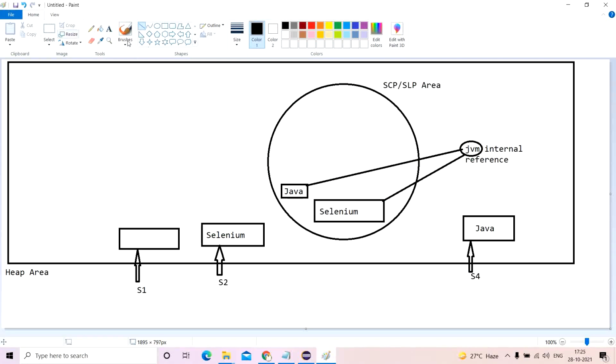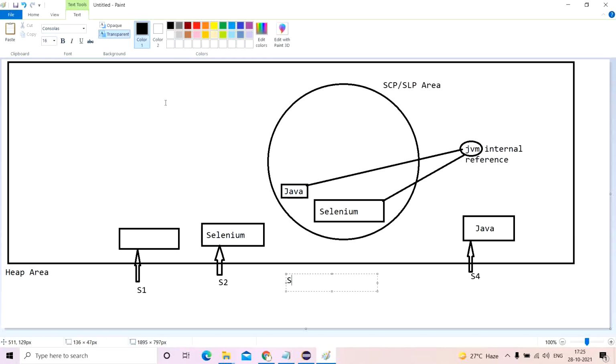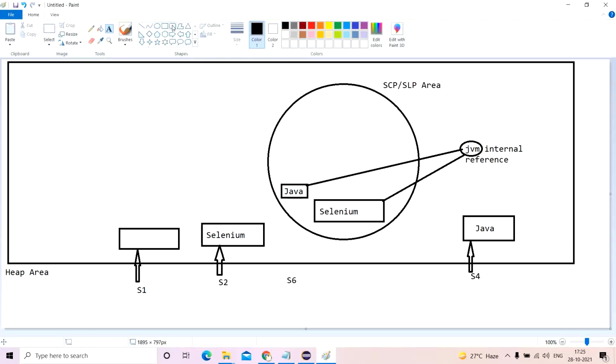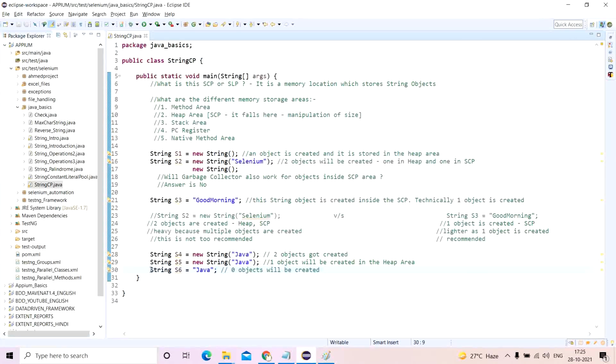So JVM will just refer to it by s6 directly, that's it. And this particular reference will not be there anymore because it has got a very concrete reference. It does not need the hypothetical reference provided by JVM. So this thing will be gone. That is the only difference which will happen for this particular object created with the same literal.